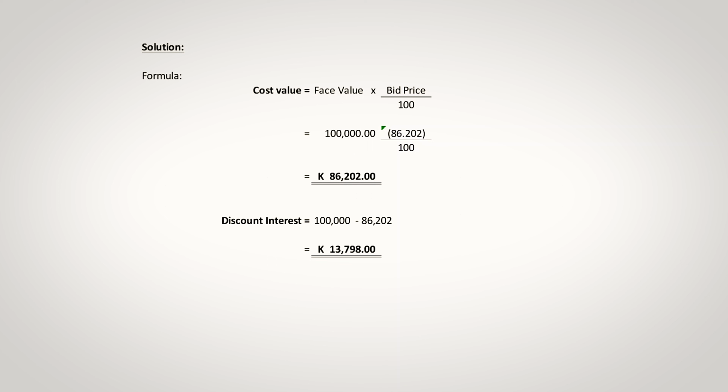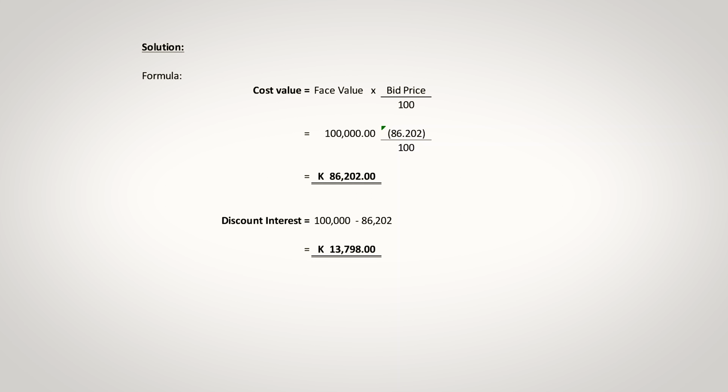How much do you earn in terms of discount interest? Well, because of the 86 kwacha 202 ngwe that was deducted from your account, when your treasury bill finally matures, you are going to earn 13,798 kwacha as interest, calculated as follows: 100,000 kwacha, which is your face value, minus the amount that was deducted from your account of 86,000 kwacha 202 ngwe, to give you 13,798 kwacha. But bear in mind, we have the tax expense that we have to take care of as well